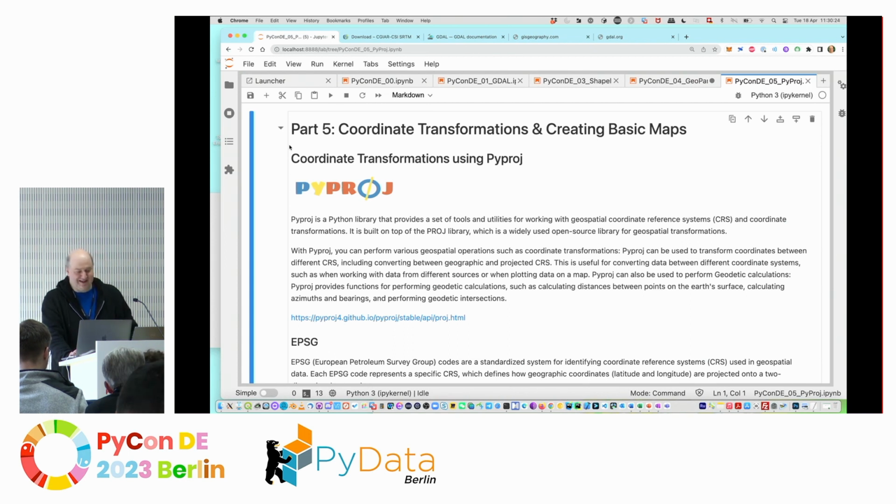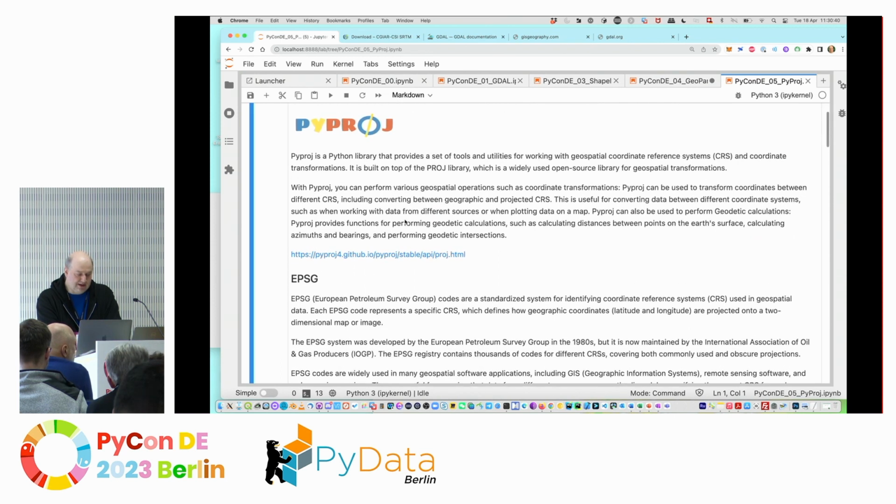It's not that easy. Basically, every country has its own coordinate reference system. Some countries share some coordinate reference systems. Some countries have multiple coordinate systems. There is a group